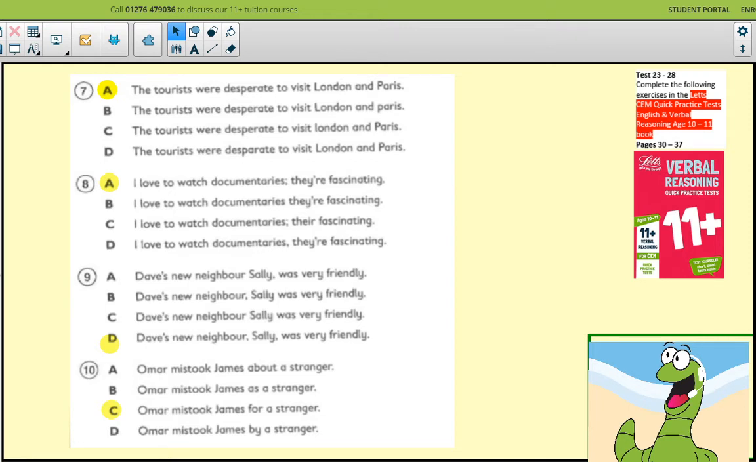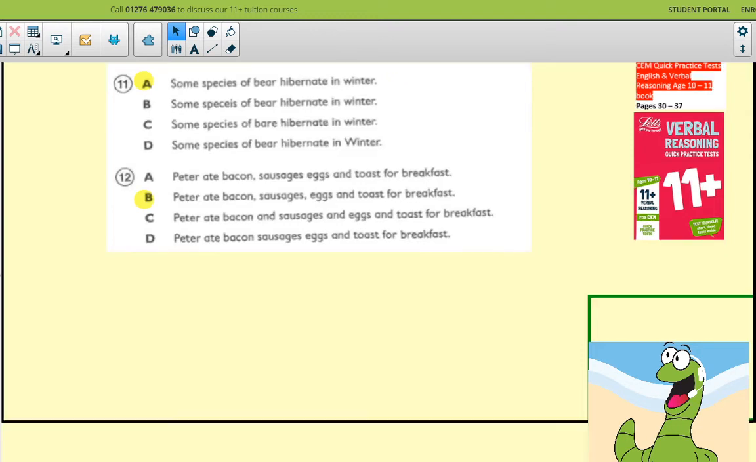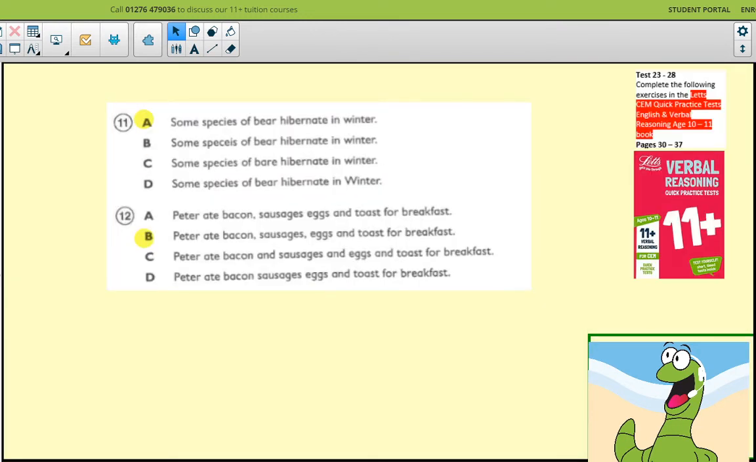Number 11, some species of bear hibernate in winter. Species is incorrect here. Bear, this is a homophone. This is the wrong spelling of bear. That's not how we spell bear, the animal. And we wouldn't have a capital W for winter. And number 12,